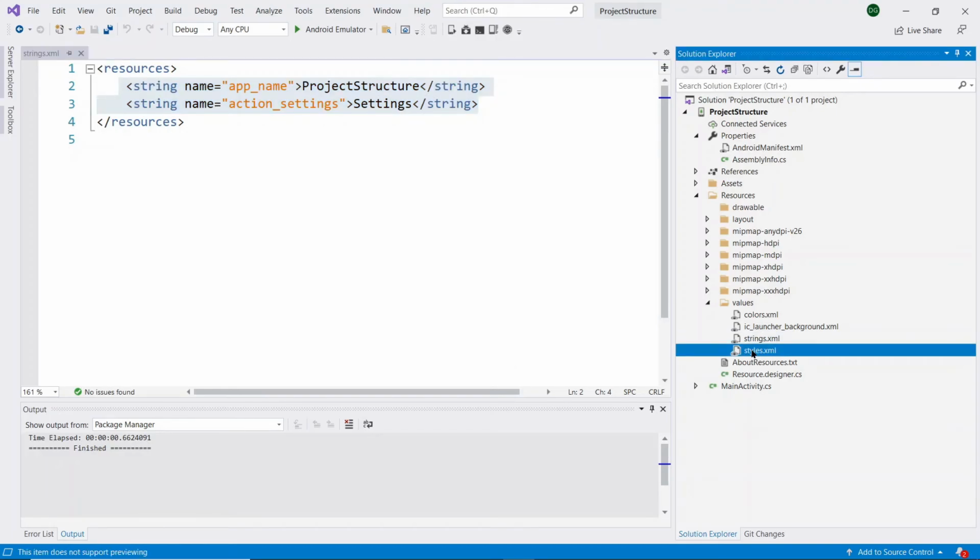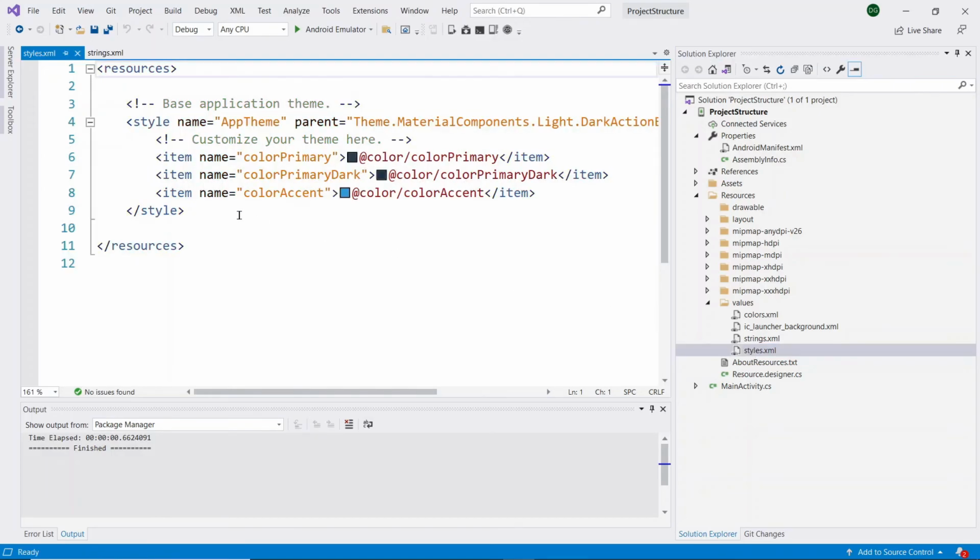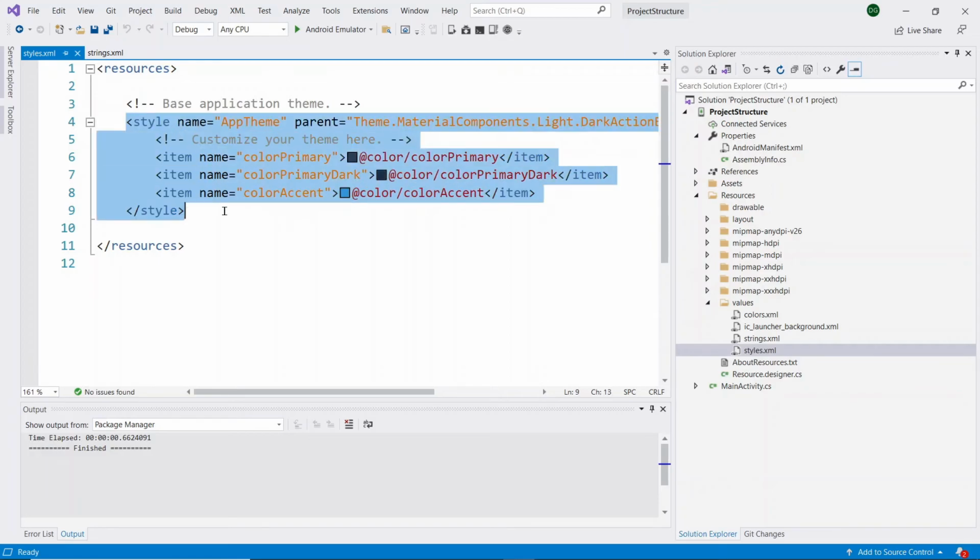The main purpose of this styles.xml is that we can maintain all our styles at one place, and we can use the styles throughout the project. Here you can see our sample created styles. In the future videos, you can get the idea of what the styles are. Then you can get a clear idea. But the main purpose of the styles.xml is we can maintain all the styles at one place, and we can use the styles throughout the project wherever we require.